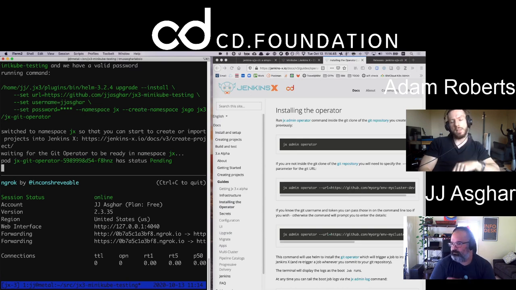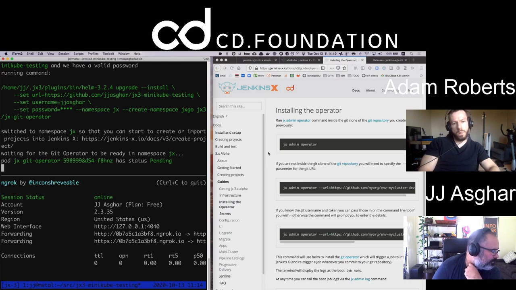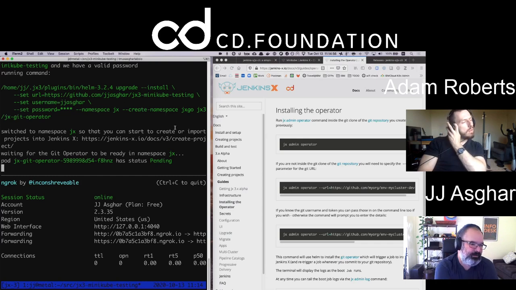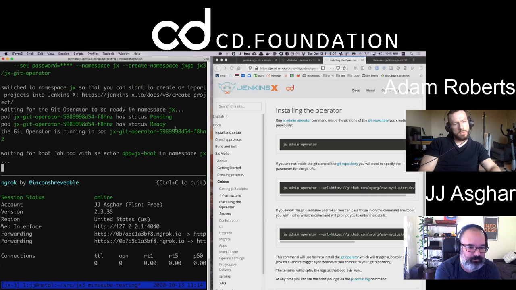So do you have all the images already on disk, I think? No, because I nuked them, remember? But remember, it only takes like 2 minutes to pull it down because this is actually in a data center with a gigabit link to the internet. Okay, that's good. So there we go. We'll wait for that to happen.